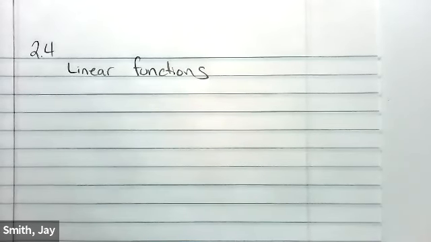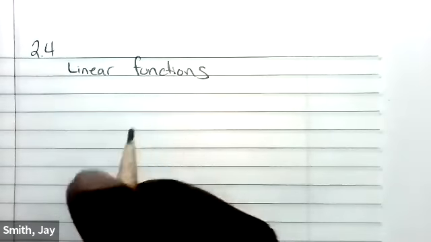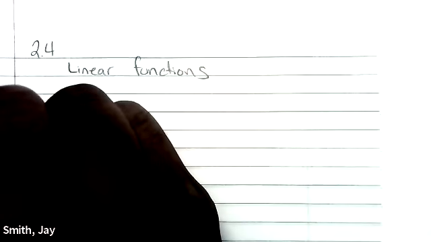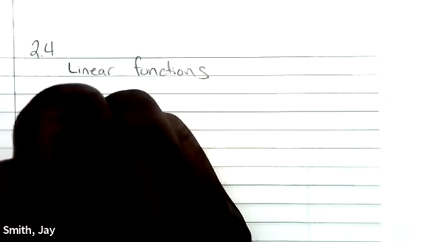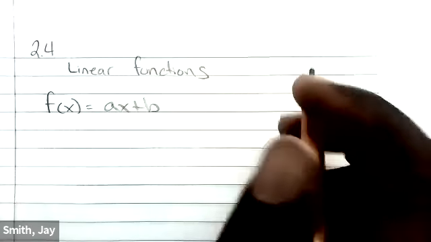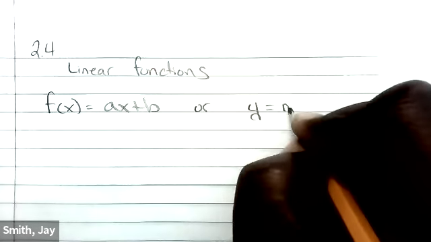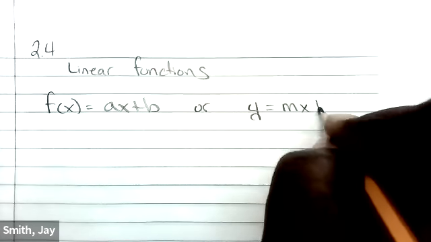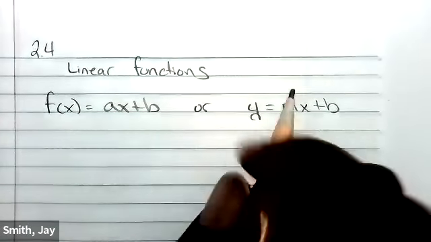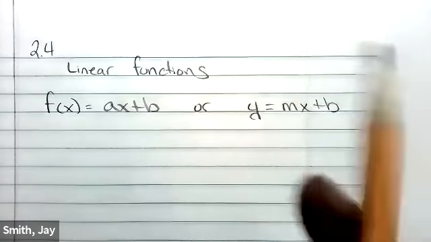All right. So remember that when we're talking about linear functions, that's just a fancy way of saying that the graph of the function given is going to be a line, where the highest degree of x is the first. So for example, if we're given f of x is equal to ax plus b, or y is equal to mx plus b. In both cases, b is the y-intercept, the number in front of x is my slope,